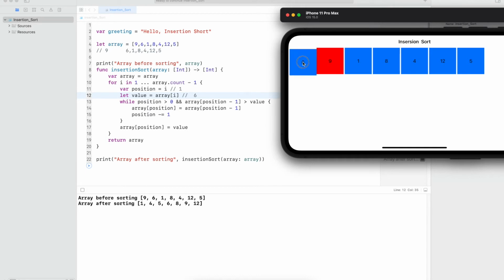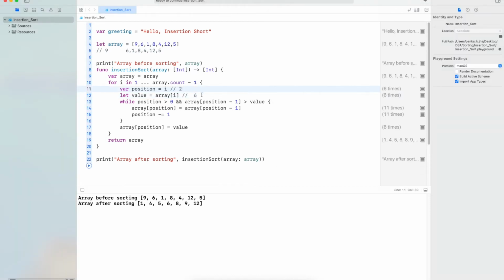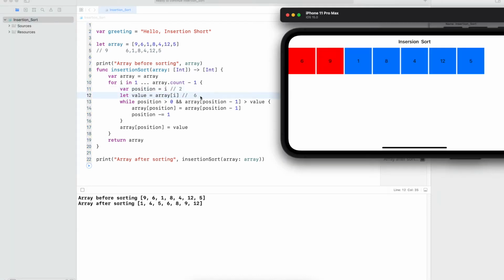So we'll place this value at the current position, that is 0, and our array up to 9 will be sorted. Then again we'll go for the next element, I will be 2. So now the value of I will be 2, and the value at position I will be 1.